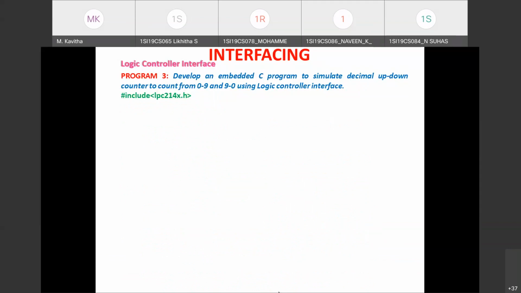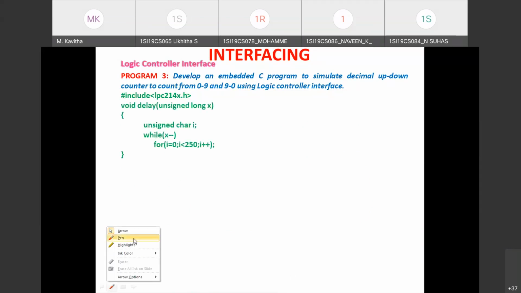First, the least significant output LED will be on. Next, the second LED will be on to indicate the value is 2. Then the least significant 2 LEDs will be on to indicate the value 3. Let me show it here. See, there are 8 LEDs to indicate the state of the output.